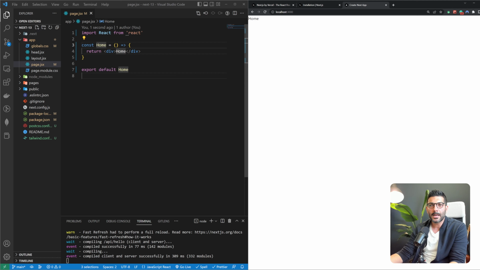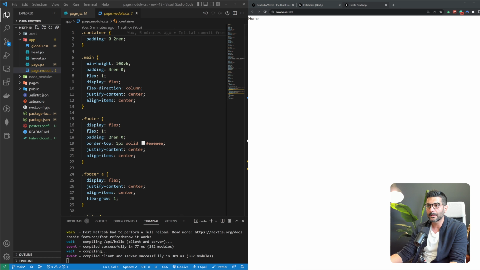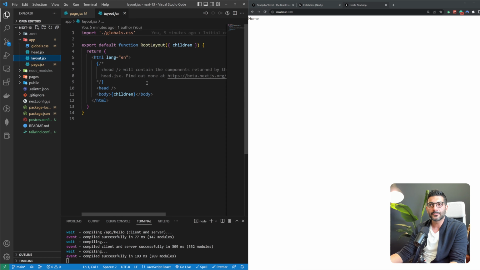And let me just get rid of this CSS modules because we're now using Tailwind. We have this layout, which is our shared layout. You can think of this as a combination of the _app.js and the _document.js, where _app was where you could access the component that was rendering every page based on the router. And in the _document, in the old version of Next.js, Next.js 12, you would have these HTML tags and the head and the body,